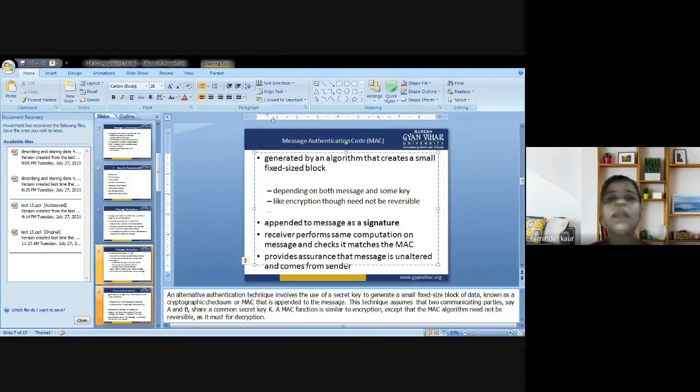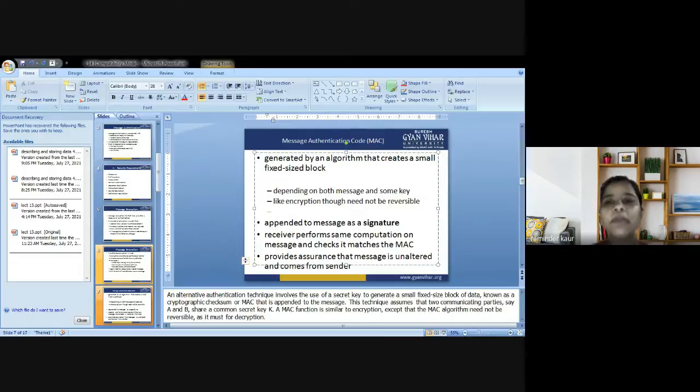In cryptography, it is sometimes known as a tag, or it can be a header. You can give any name to it. It is a short piece, a very small amount of information, that is appended to the text being transmitted and is used to authenticate the message, to confirm that the message came from the stated sender. We are supposed to check the authenticity of the message, where it is coming from, and that it has not been changed during the process.